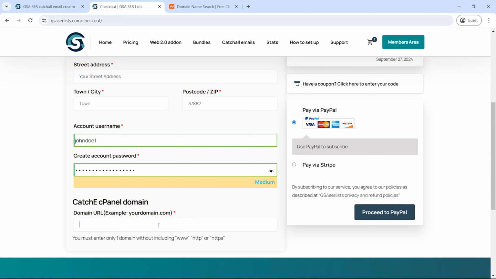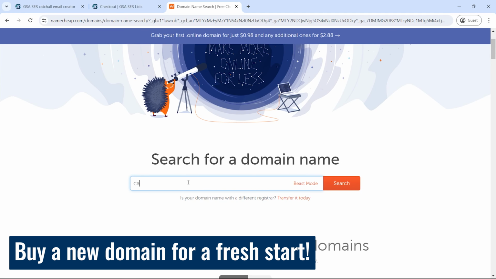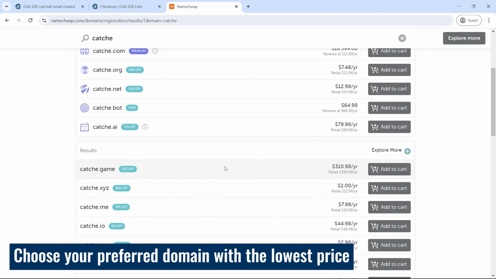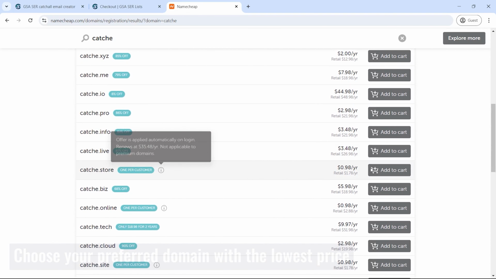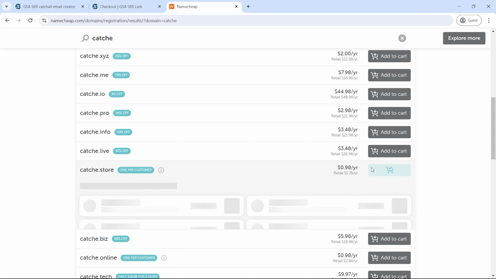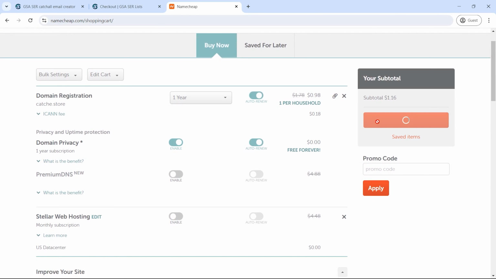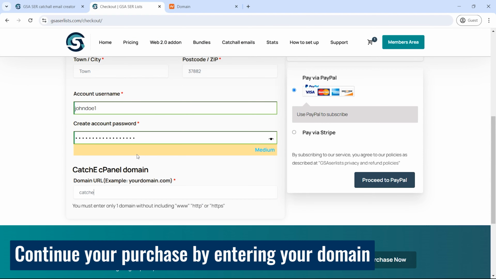If you don't have one, let's quickly buy a domain and return to the site. You can use any domain registrar, but we'll use Namecheap for this example. Find a domain at the lowest price. Don't worry about the name, as it doesn't matter. Order the domain, and once your purchase is complete, enter the domain URL in the CatchE cPanel domain field and